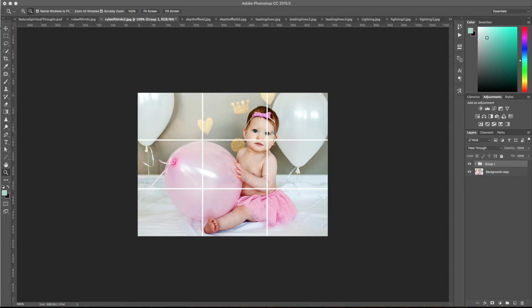Her eye isn't exactly down here. I didn't want to cut off her foot, but she's also got some lead room over here. And so I've got her left eye on the vertical line as well. I could have gotten even lower so that this line was on the bottom thirds, because a lot of